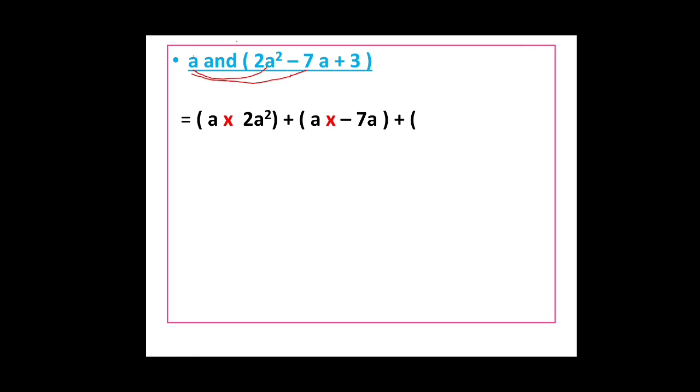So a into 2a square plus a into minus 7a plus a into 3. So first write the numbers. So 2 into, and then the variables, a to the power of 2, and here we have one more a, plus 1. So a to the power of 2 into a. Next minus 7 into a